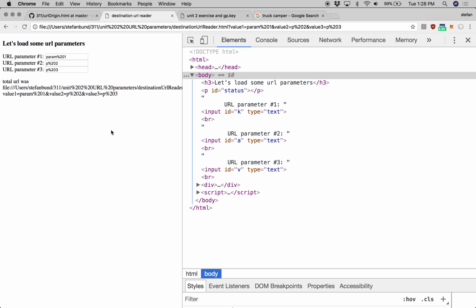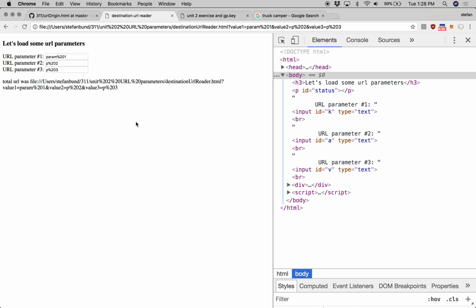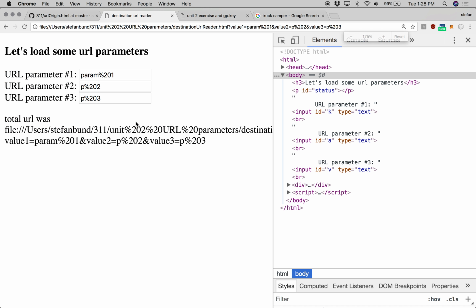Okay, so we're going to go to that new page. Now, this new page is a totally different block of code going on here. What we have to do is take this URL. Now, look at that messy URL. What a nightmare. Here's where the search begins, and value 1 is param, and value 2 is equal to p2, and value 3 is